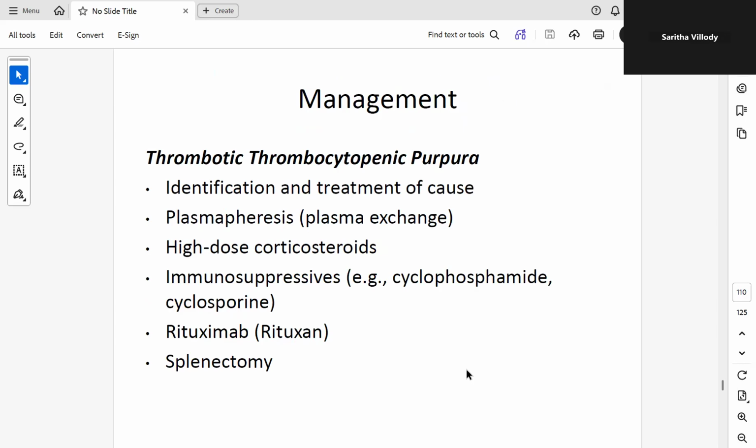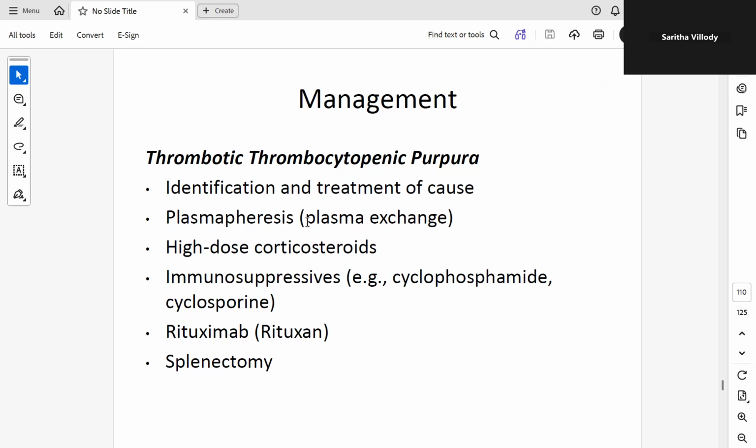The management for almost all of thrombocytopenic purpura is the same because plasmapheresis or plasma exchange is one of the management options. That means they would have a central catheter called a Hickman's catheter, and then we exchange the plasma. We take the plasma with either the antibodies or the deficiency or heparin-induced thrombocytopenia. Also, we do plasmapheresis. We take that away and replace it with fresh plasma